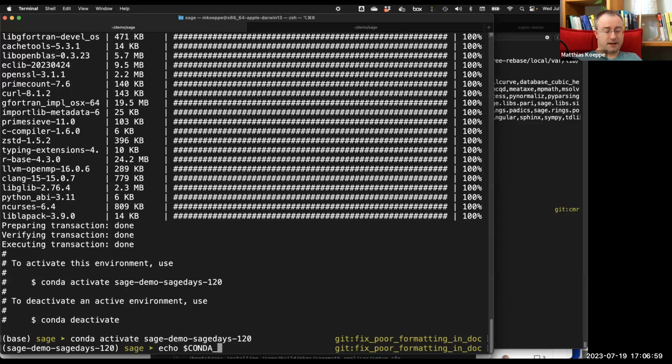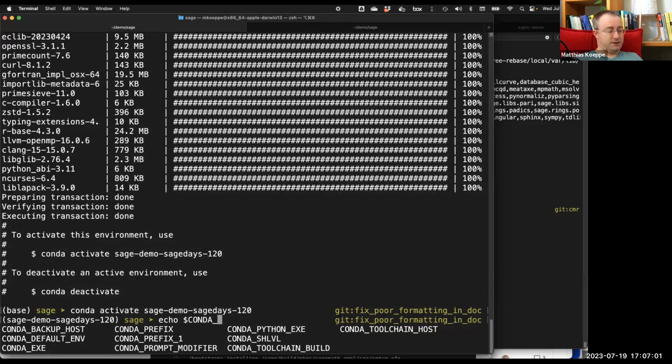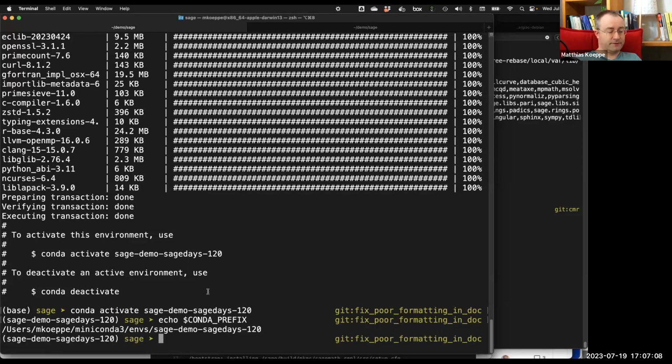If you type echo $CONDA, then we see there are various environment variables set. For example, you can ask for the conda prefix. In this way, we can find out what I need to delete if I want to get rid of this altogether. So that will be this environment here. And we can ask how much space is taken by that. Anyway, let's not do this right now, but let's continue in the